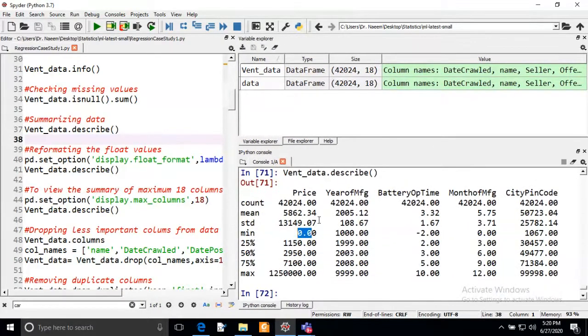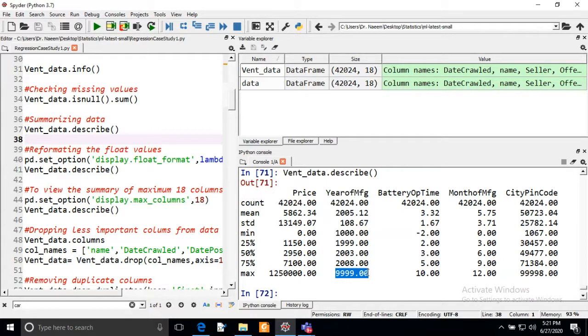If you look at the year of manufacturing, the mean and standard deviation is 108. It is a year, so we are not bothering about it. But the maximum of this year of manufacturing is 9,999, which is not a relevant value, and it shows a future year.